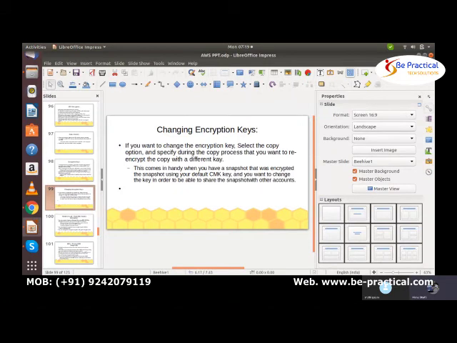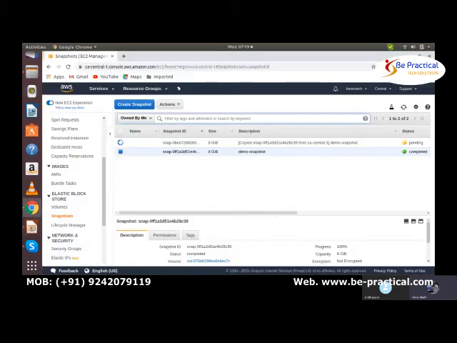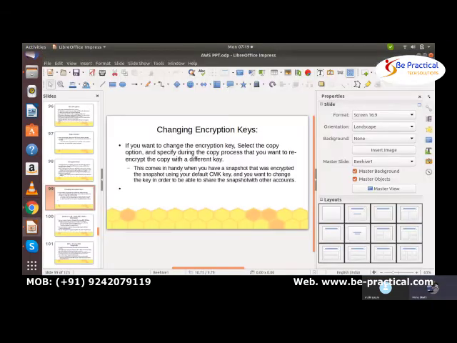Say, for example, you have encrypted something with the default key itself, and you want to change the key. You can do that again. You click on that particular encrypted snapshot, and again you go to copy, and there you can change the key. Select the copy option and specify it during the copy process itself.